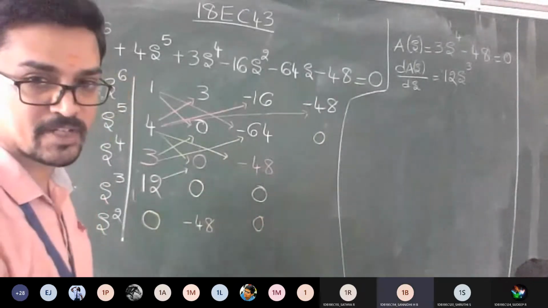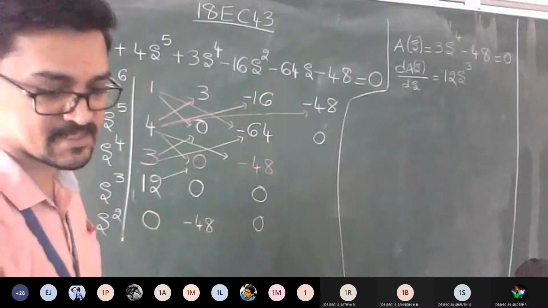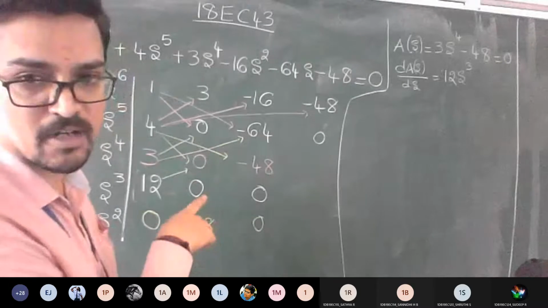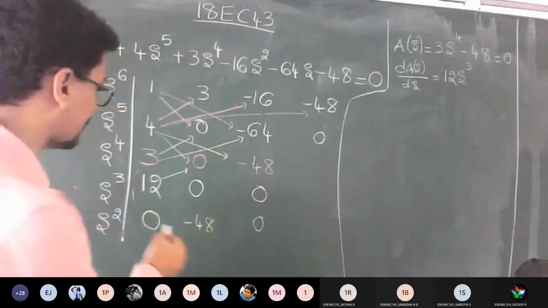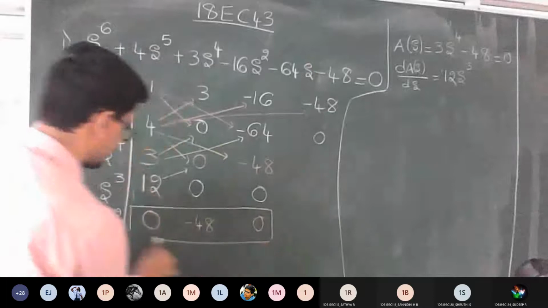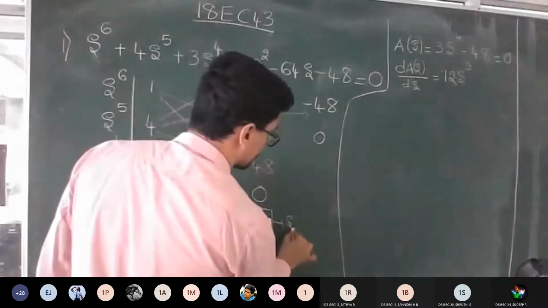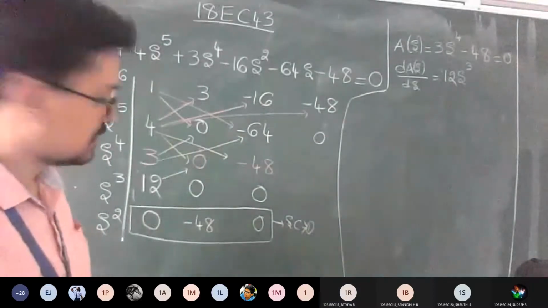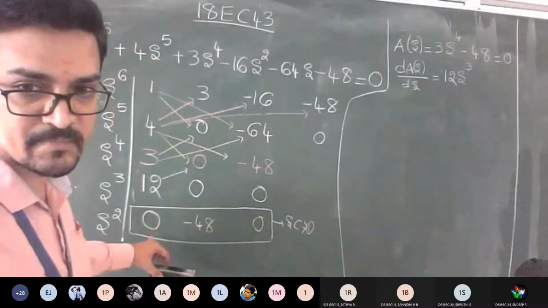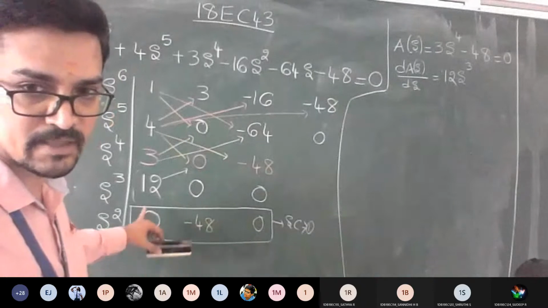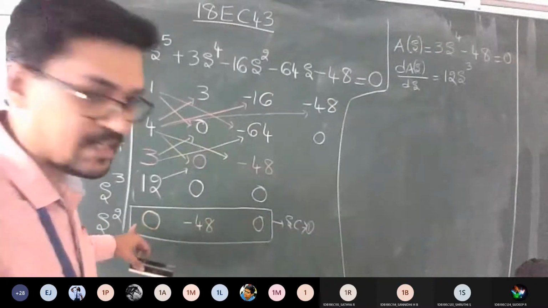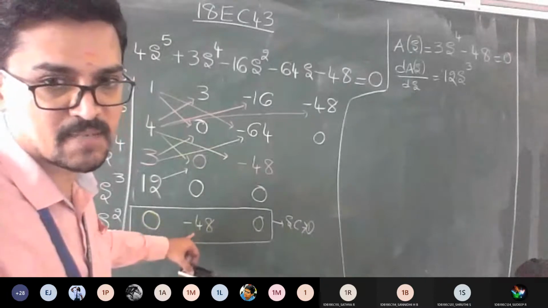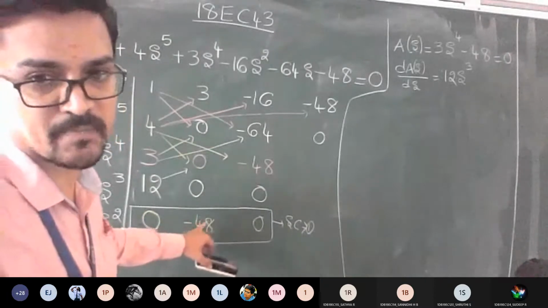See, in the same problem, we have got 2 special cases. That is why I told you this problem is different from the previous category. In the same problem, we have solved special case 2 also. Now we got a condition where I need to apply special case 1 also. I've understood the way to solve the problem of Routh array now. Is it okay? Now you can see that the first element in the first column is 0, and in the same row we have one non-zero element, minus 48. So this comes under special case 1.